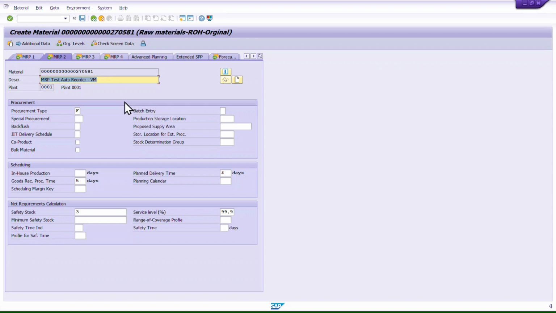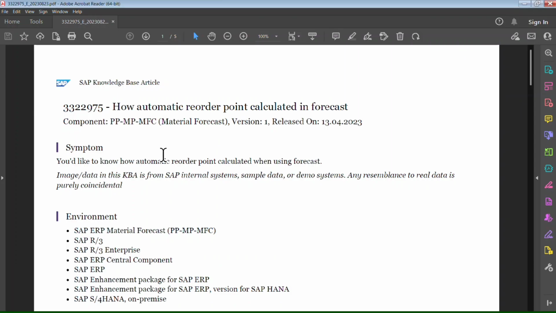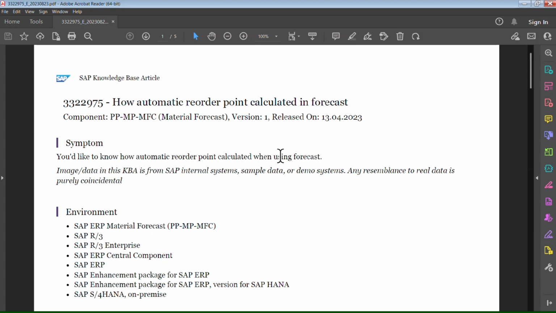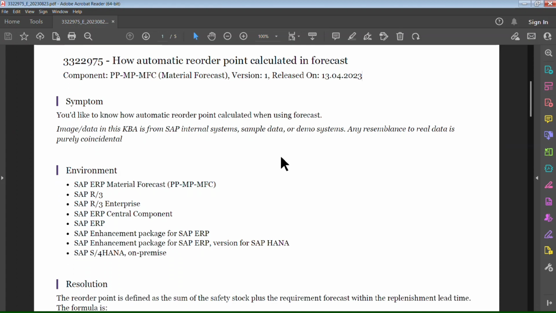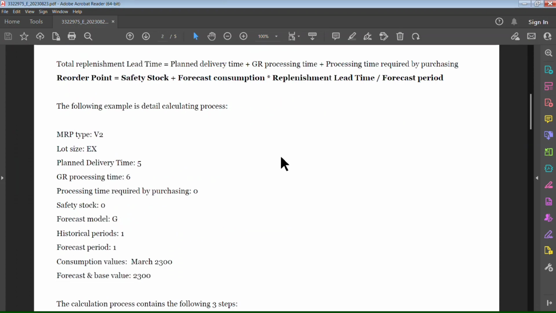One more thing, you might have wondered how the system calculates this. So there is a standard SAP note which gives details on how the automatic reorder point calculation in forecast happens. I will attach this note in the video link below so you can find it. So here they have given details. The reorder point is calculated based on safety stock plus forecast consumption times the replenishment lead time,